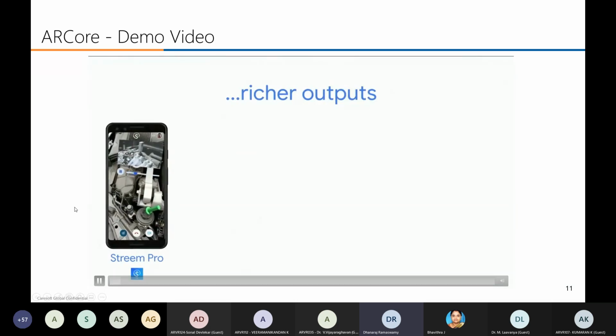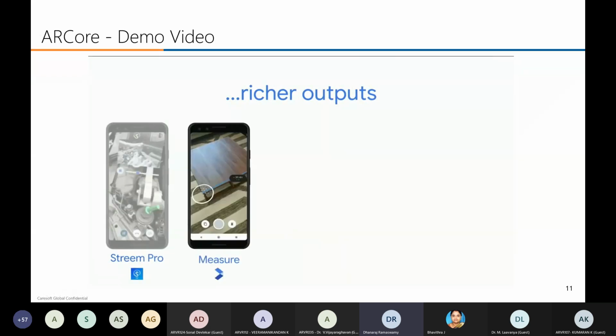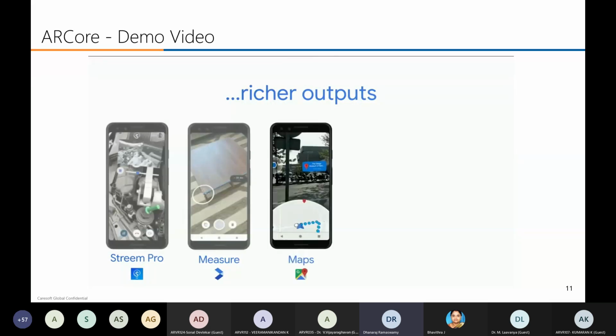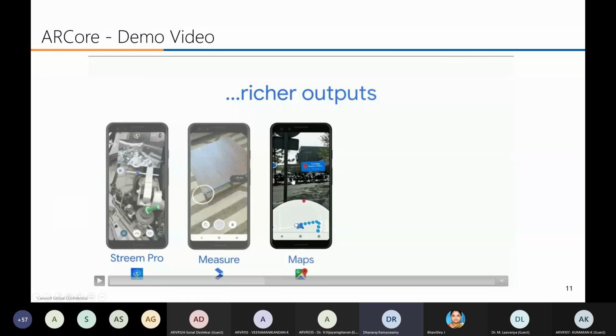You can even call on a remote expert to help you find specific parts of the engine right in front of you. Or you can turn a smartphone into the world's quickest and easiest tape measure, one that's always with you, one that doesn't always get lost in your junk drawer just when you need it. Well, within Google Maps, you can take a set of walking directions and you can place navigational aids right where you need them. Even they're using for measurement already.